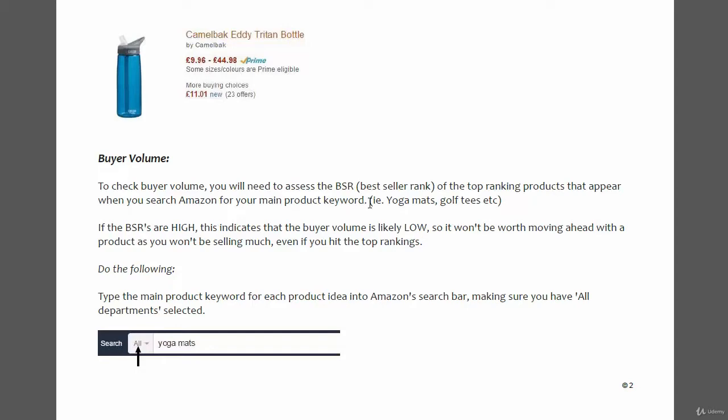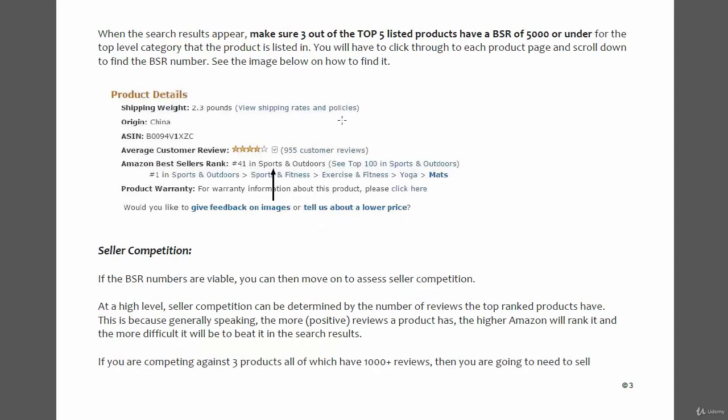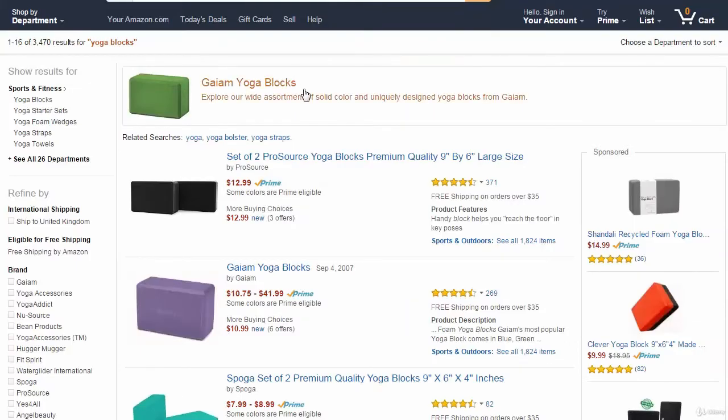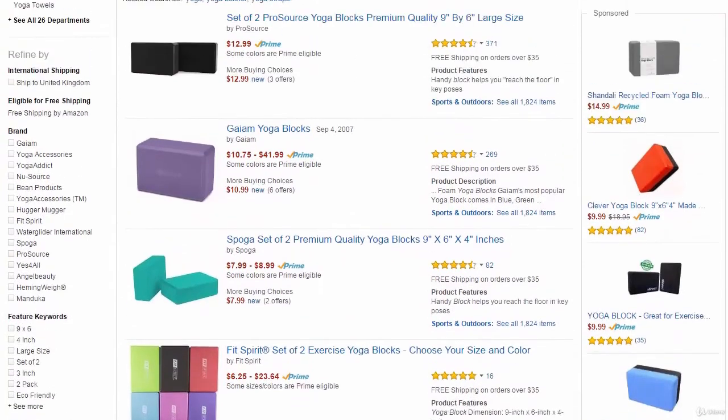So in order to find the BSRs, we need to go to Amazon and type in the main product keyword and go to the first 5 products. In this instance, I've typed in yoga blocks as an example, and what I will need to do